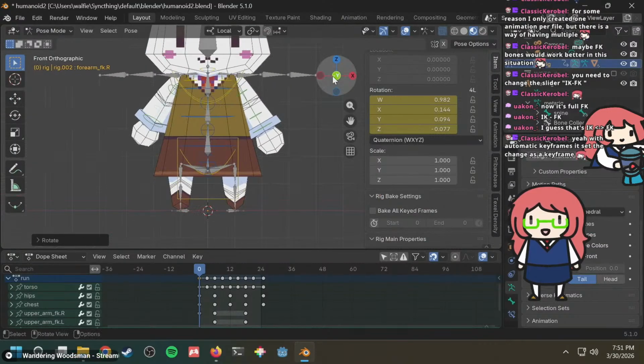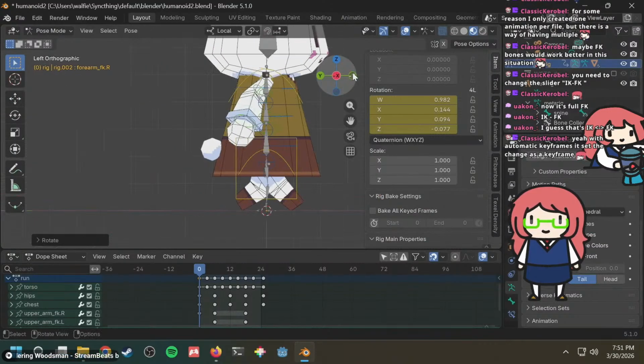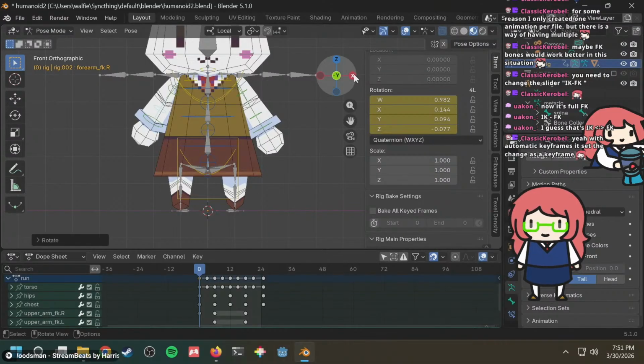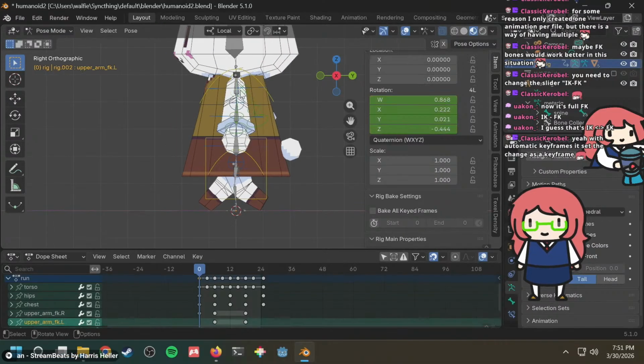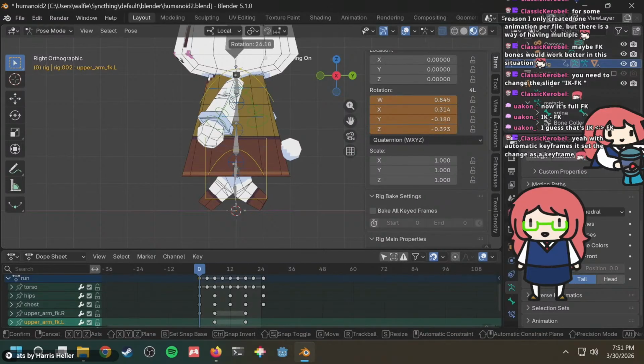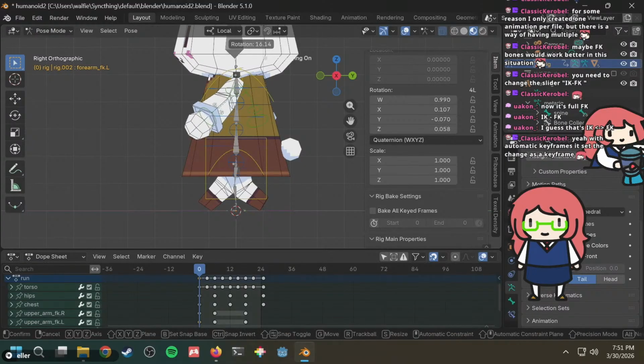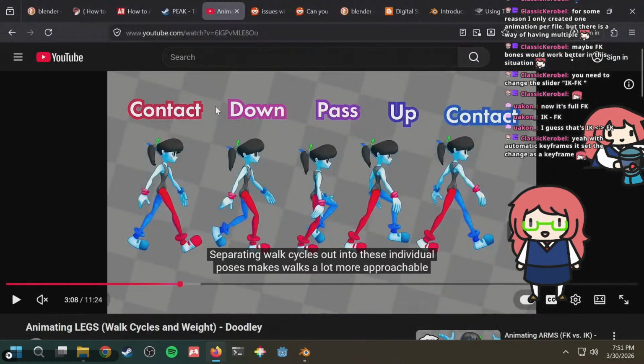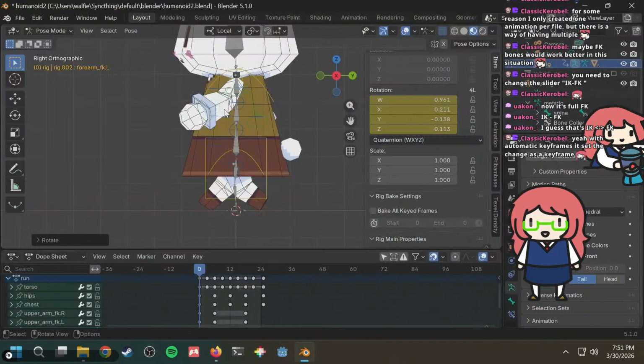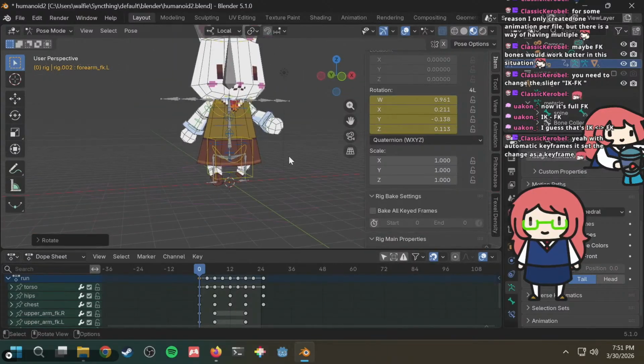And then the other arm gets to go forward. Whoops. And then this one can be rotated slightly more. It's maybe a bit too far forward.